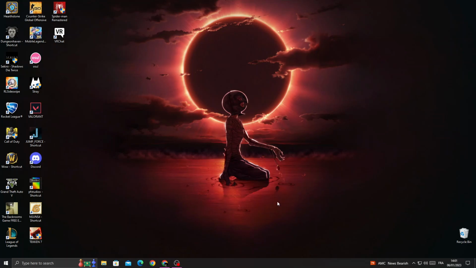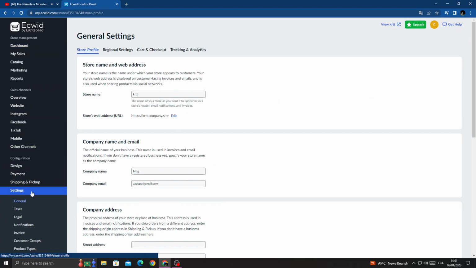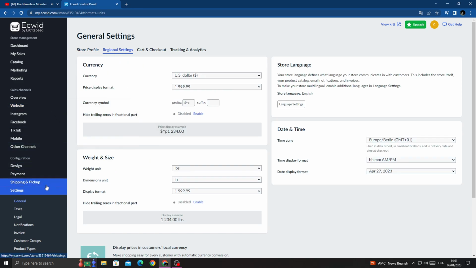First open your browser, and then once you're here click settings, and then click regional settings, and here we'll find store language. Click language settings